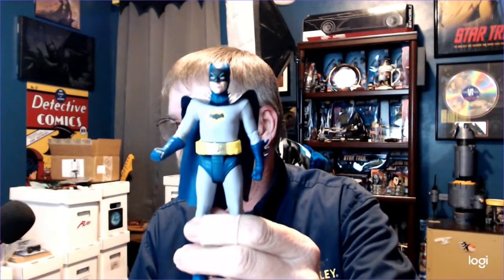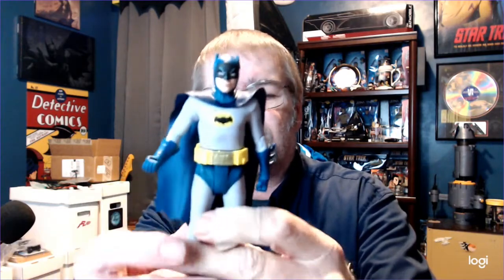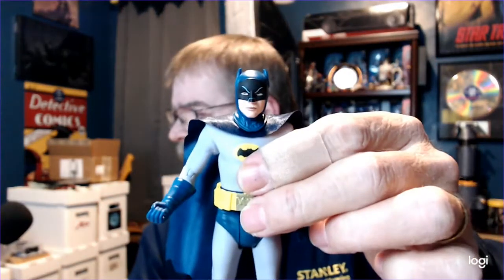And then I also picked up the 66 Batman. This one I took out of the package because I have another one coming. My daughter picked up the Batman and the Joker, and I'm getting them from her. So this is the Adam West Batman figure from McFarlane. I do like this figure better than the one that Mattel came out with. This one's a little beefier looking. It looks more like Adam West. I mean, he wasn't that beefy, and this isn't either, but compared to the